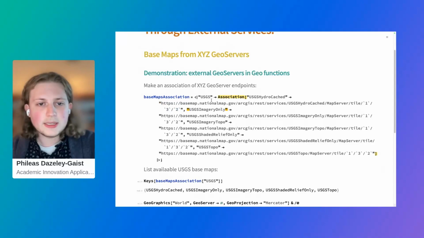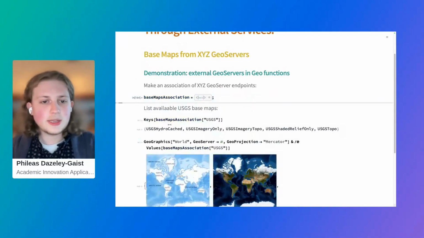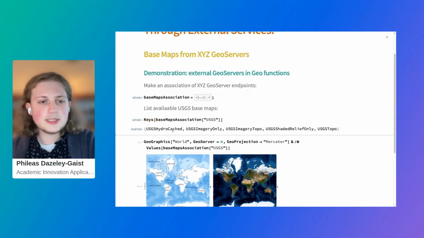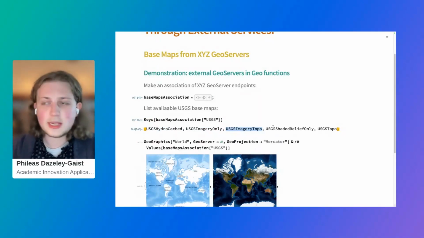And then, so I've made this into a little association, and now from this association I can list all of the available servers that I might want to use. And if I want to use a particular server, I can just say, okay, I'd like the value for